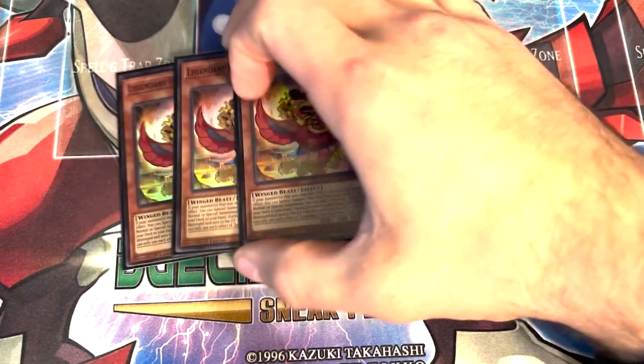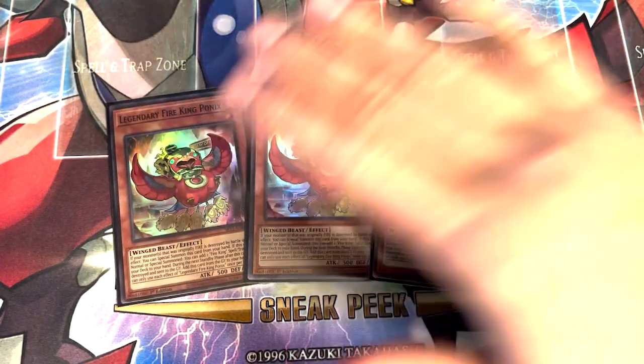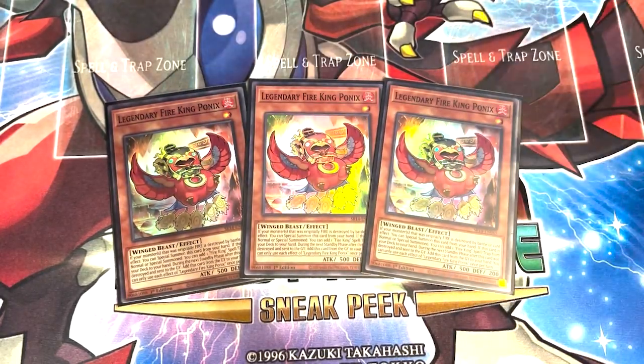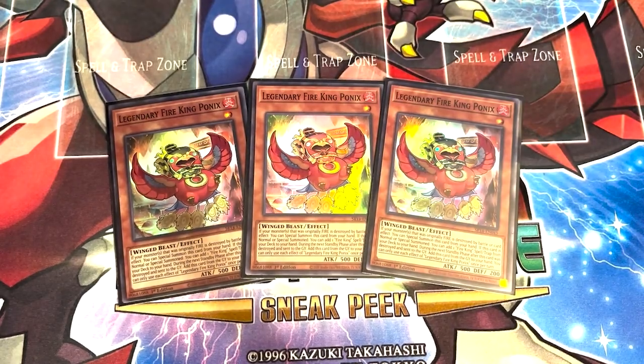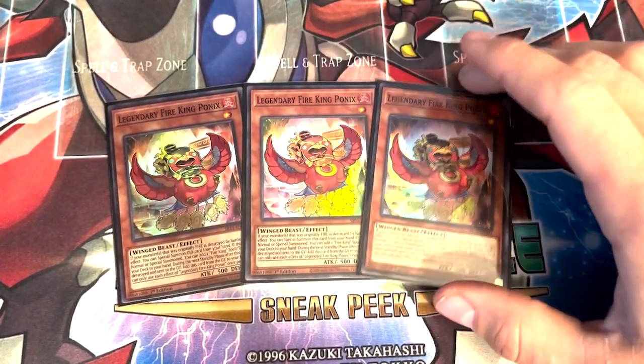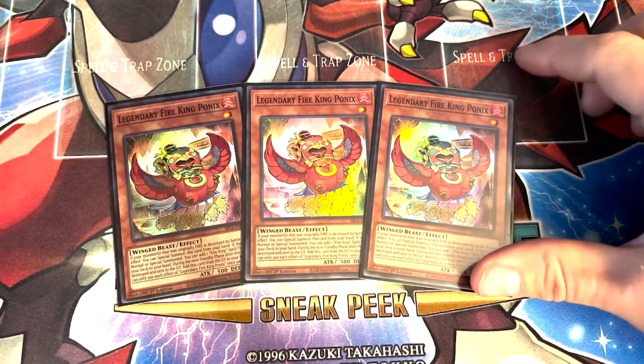And then speaking of Ponyx, we got to play 3. The deck pretty much revolves around figuring out how to get a Ponyx effect off turn 1 so that you can set up your board for the board wipe. And then if you're able to do that uninterrupted, you pretty much can board wipe an OTK after that fairly consistently. Obviously, there are different types of hand traps and back row you might have to play through, but Ponyx